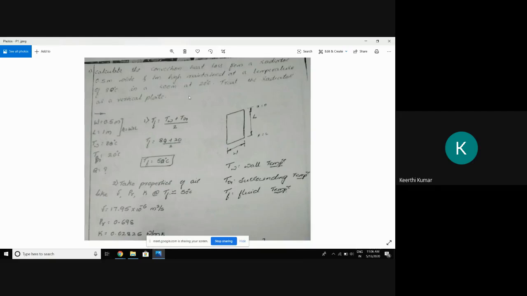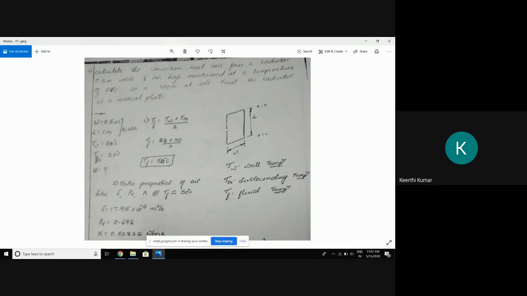And you can still ask, sir, there are some questions we solved with forced convection even though the velocity was not given. There, what we did was, if the velocity is not given, he mentioned the m dot, the mass of the fluid which is flowing. Correct? From that m dot, we took the velocity. So that means in the question, if the mass flow of the fluid or the velocity of the fluid is given, then definitely it comes under forced convection, or else it will be free convection. That is a note you should make.